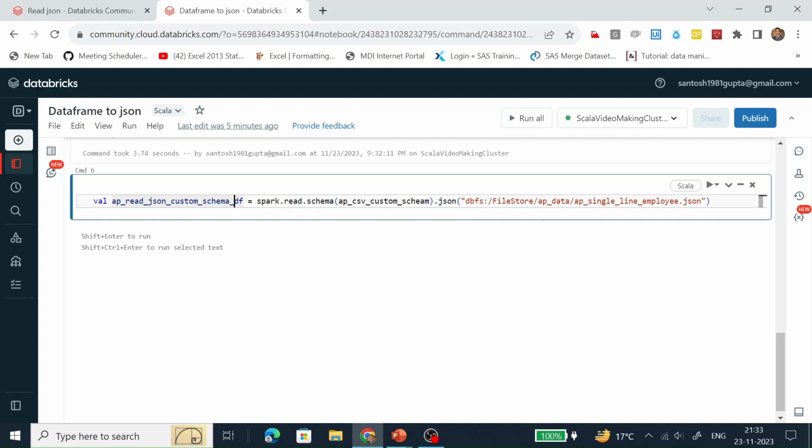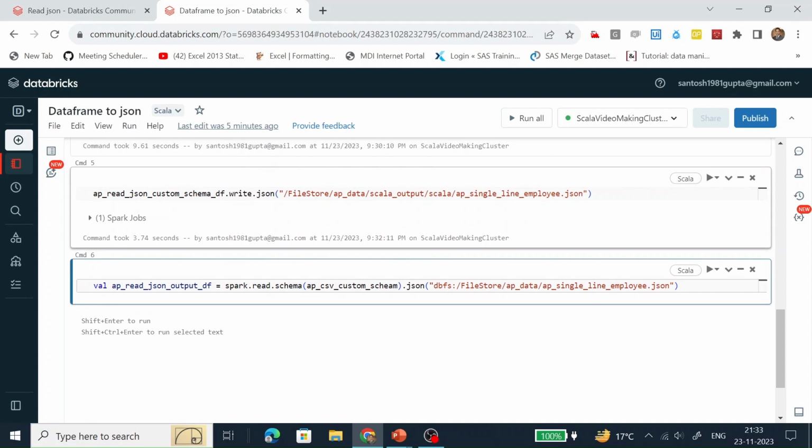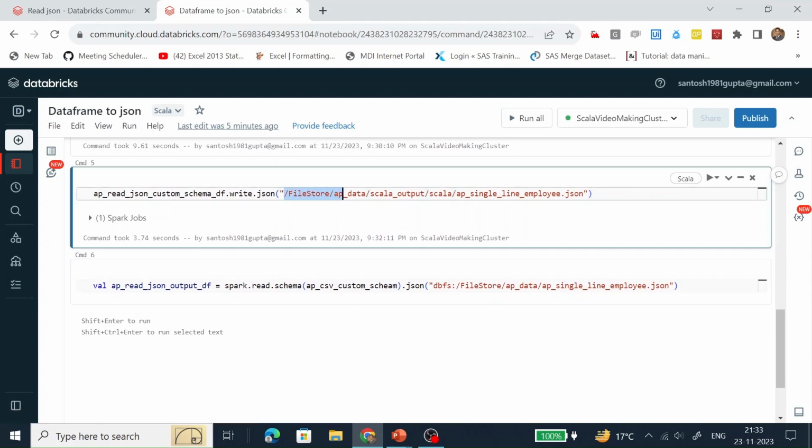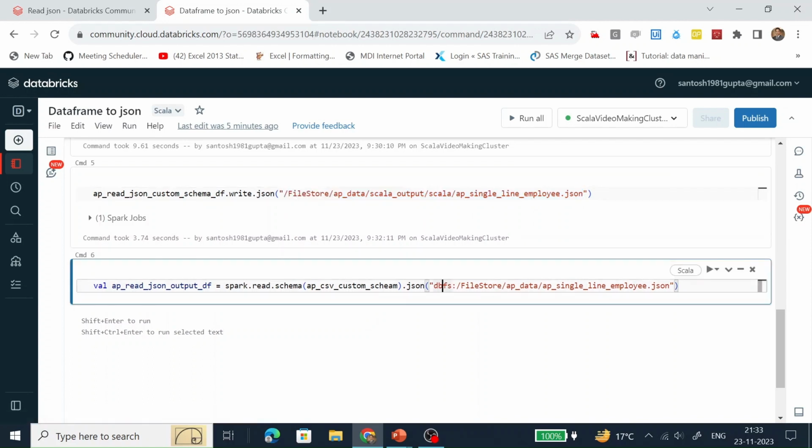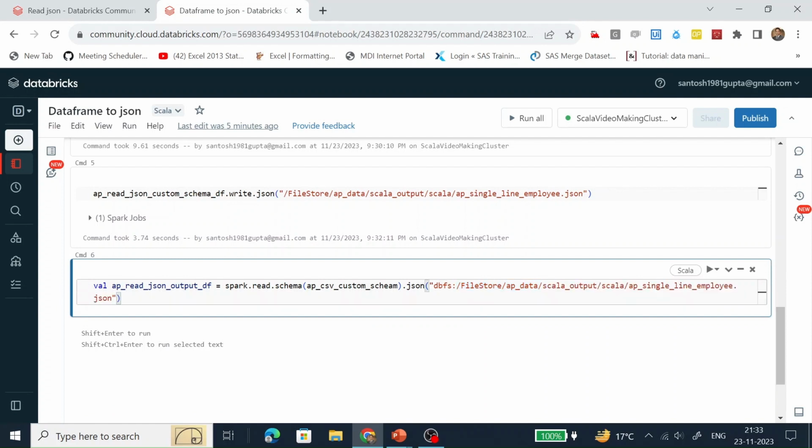Just change the name, spark.read.json. Make it output, and here we just have to give the full path. Run it.